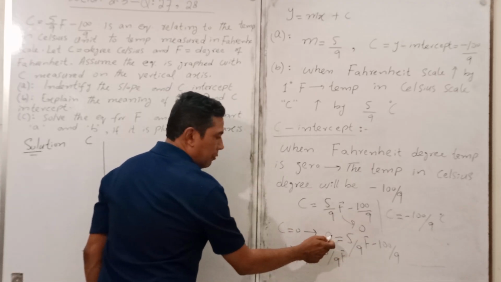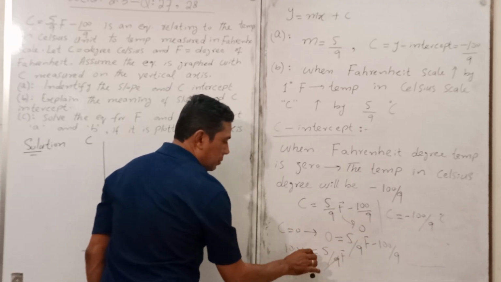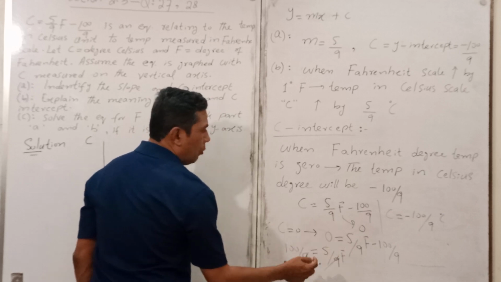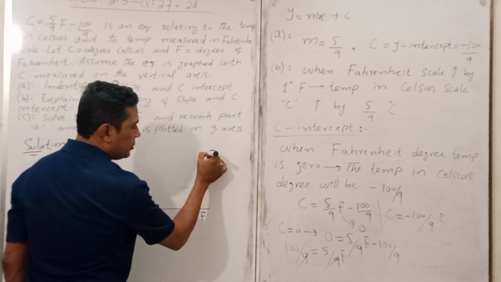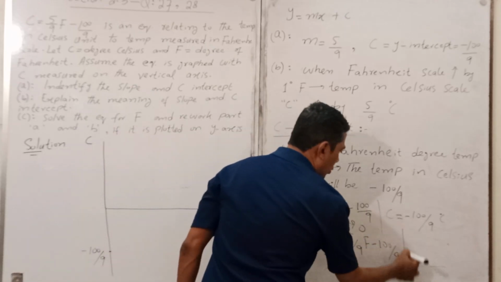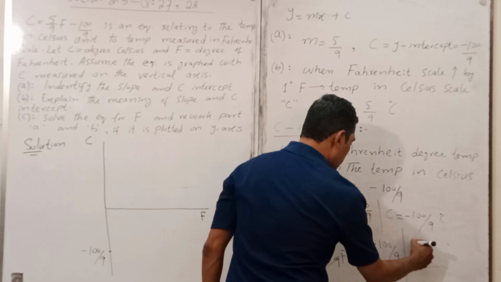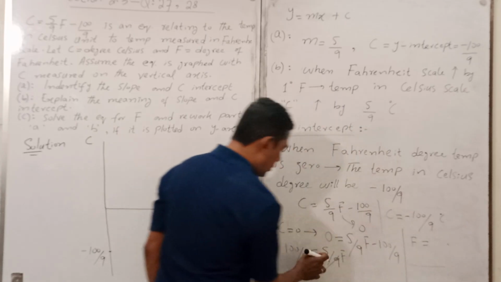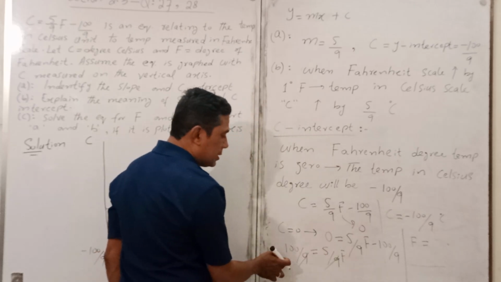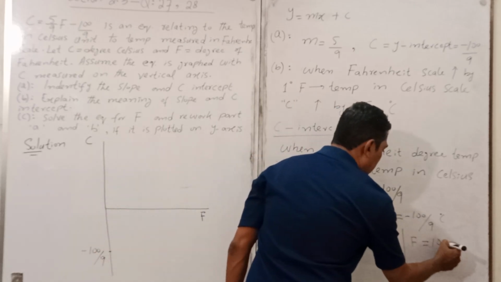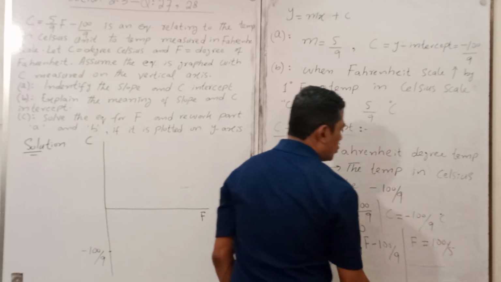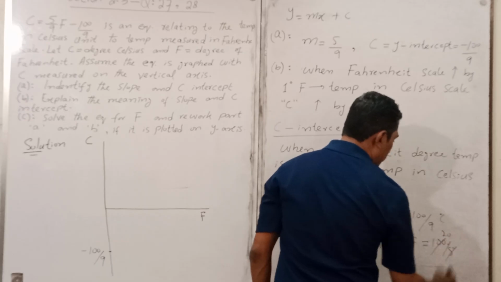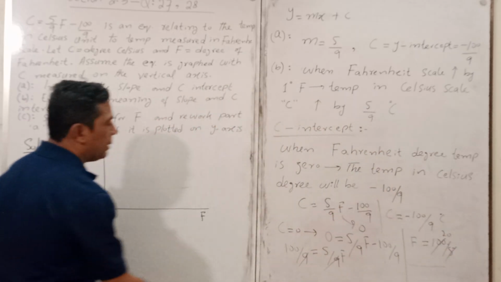This will become positive when it comes to the other side, and you can cancel out both denominators here. So what about your F? The value of F is here. I am just going to write here. F will be, the numerator's denominator will come to the denominator. So now 100 over 5. So 5 ones are 5, 5 twos are 10, that is 20. So value of F will be 20.